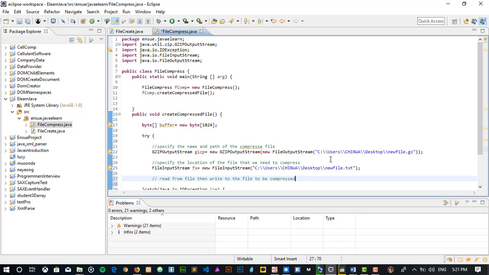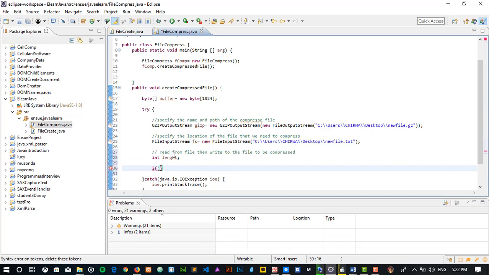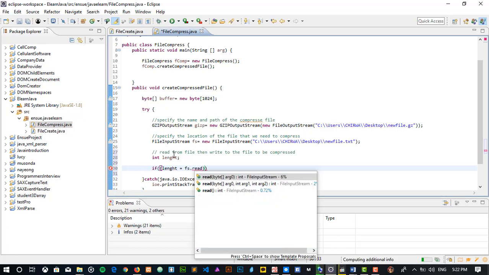So what we do now is we say length, because we're gonna need to check the length of the data that's being read. Then we're just going to say if length is equal to fs, read,